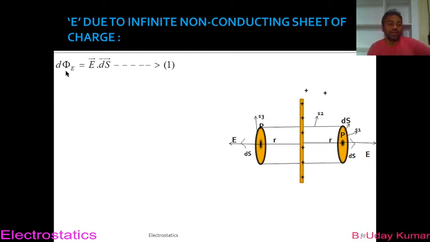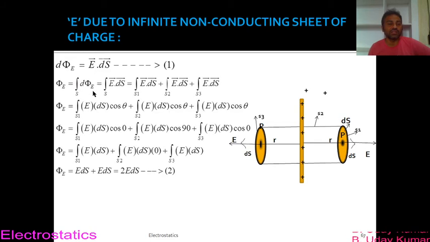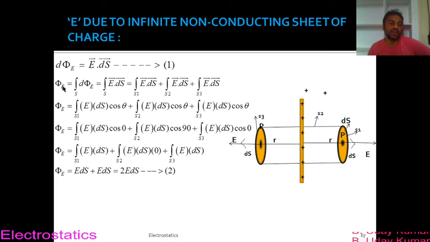Okay, anyway, you know that the flux passing through ds is written as d phi equals E dot ds, and to find the total flux you have to integrate this. If I integrate this, I get the total flux, written as phi e. So phi e is the integral of d phi e, but d phi e is known to us as E dot ds. This is the total electric flux coming out of this entire cylinder.